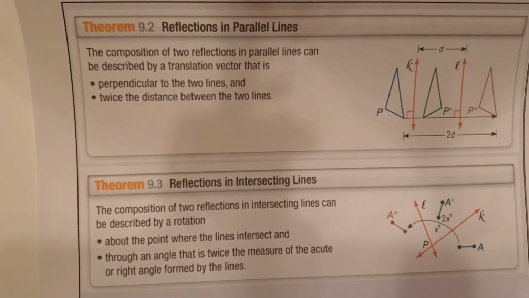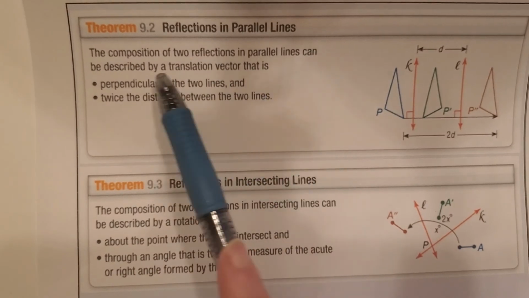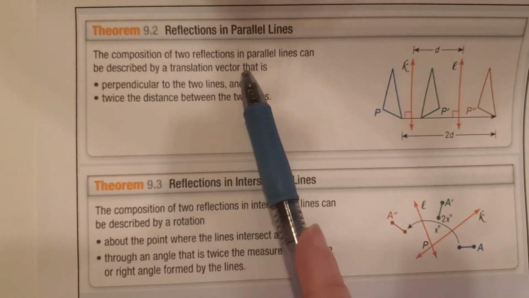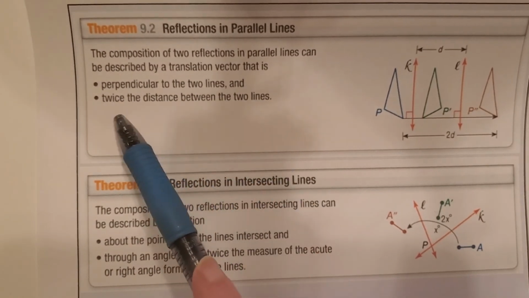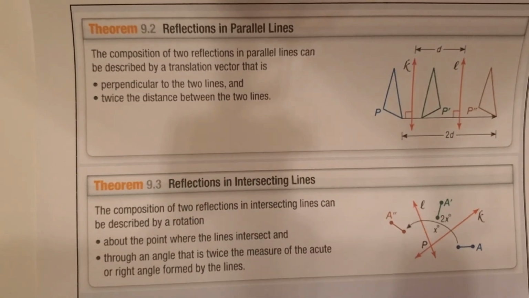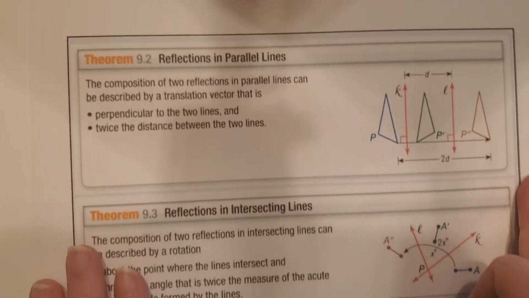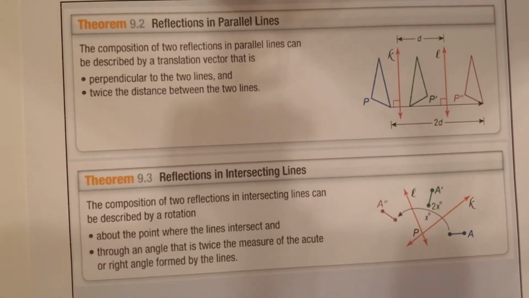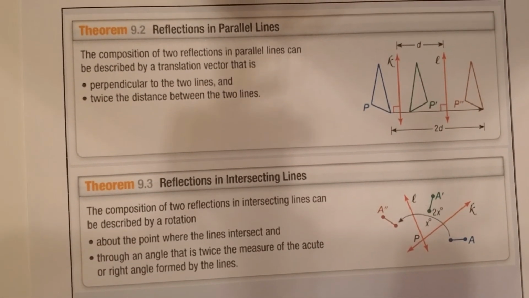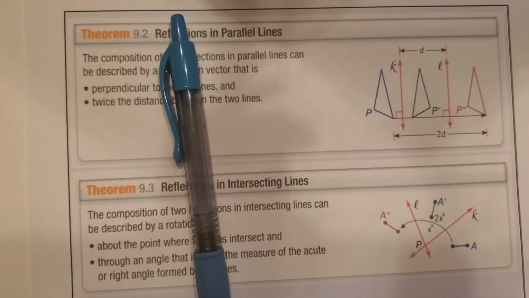Reflections over parallel lines. The composition of two reflections in parallel lines can be described by a translation vector that is perpendicular to the two lines and twice the distance between the two lines. All right, so I don't think many of your homework problems talk about any of these ideas, but I do think they're pretty interesting. So what this is saying is if I have my pen, right,